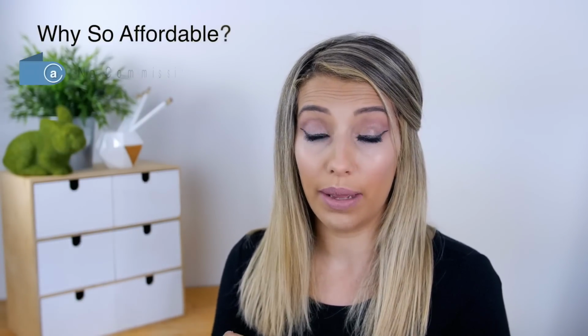Purplebricks is still very new, but it has had a lot of success over in the UK. Now, I think it has only just come to Australia. It hasn't come to many or any other countries yet, but it is in the UK and it's done really well there, and now it is in Australia. And the way Purplebricks is different to a regular real estate agent is that A, they don't charge a commission